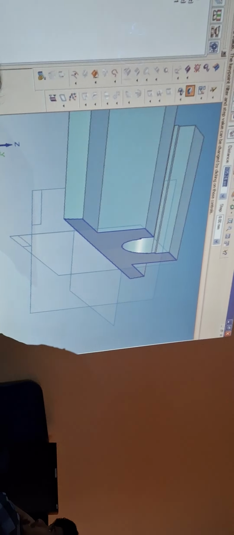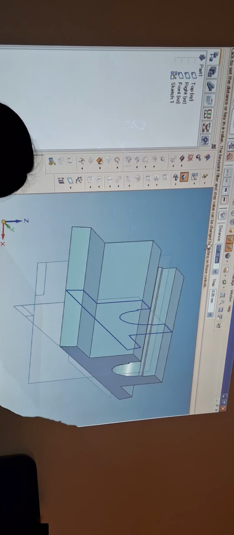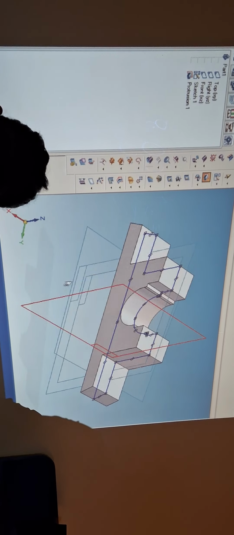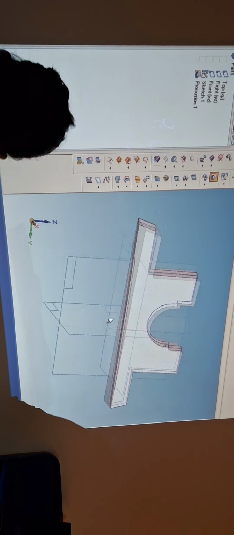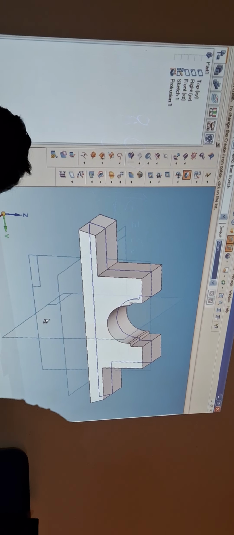Here I am going for what is called symmetric extent, which means from the axis line it will go to both sides. Then here you give the distance as 36. It means how much it will take on either side: 18 mm this side, 18 mm that side. See the profile now. And you have got the front view profile now. Just give finish.